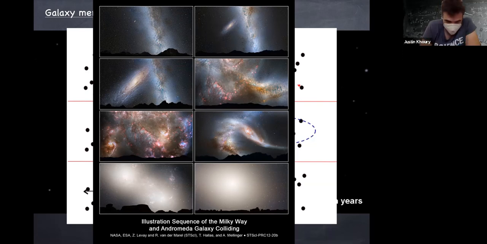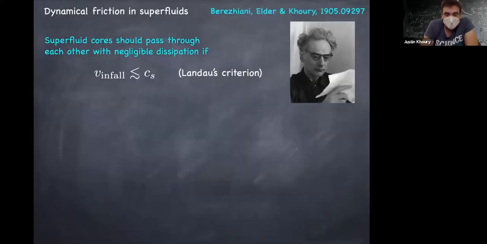Anyhow, but in the superfluid context, the story is a little bit different. Not 100% different, but there will be some small differences, owing to the fact, as we have discussed, that the superfluids, at least themselves, do not experience dissipation if bodies are moving through them, or they're moving relative to each other, at a relative speed less than the sound speed, so for subsonic motion. And this is Landau's criterion, and last time I gave a microscopic discussion for why that is.